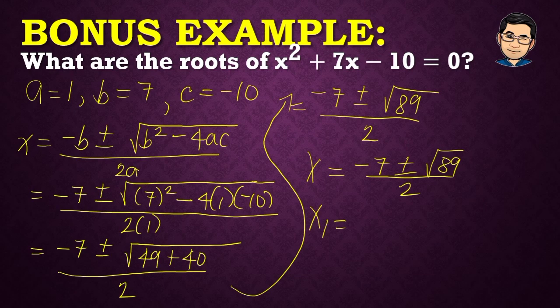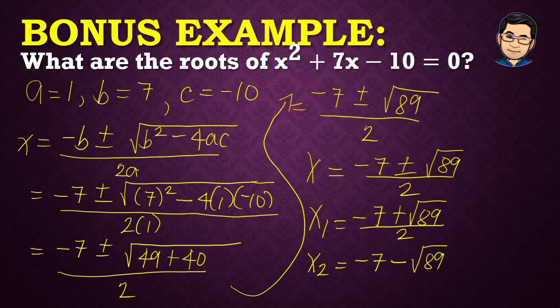X sub 1, negative 7 plus square root of 89 all over 2. Pag naman x sub 2, negative 7 minus square root of 89 all over 2. So kung mapapansin nyo, ayan yung given solution natin. So, napakita ko na yung equation natin na hindi nasosolve using the three methods ay nasolve using quadratic